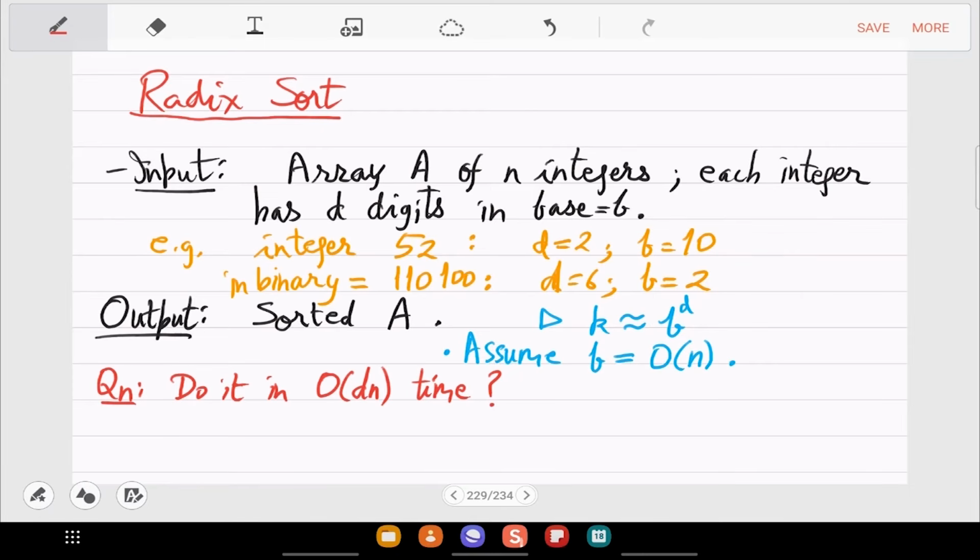So note that you have to compare this with counting sort and then with merge sort. So that's a lot of comparison. For example, in counting sort you had n plus k. K here is b to the d. So counting sort will not work because that will be n plus b to the d. And b is at least 2. So this is significantly bigger than 2 raised to d. So that's exponential in d, while what you want is actually linear in d. Right? So for this, currently you don't have a solution.